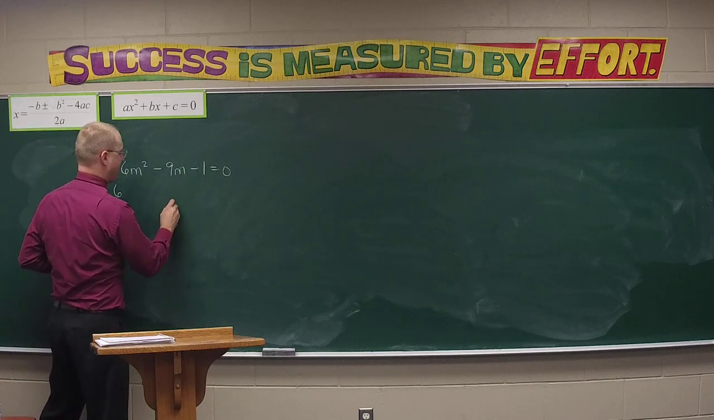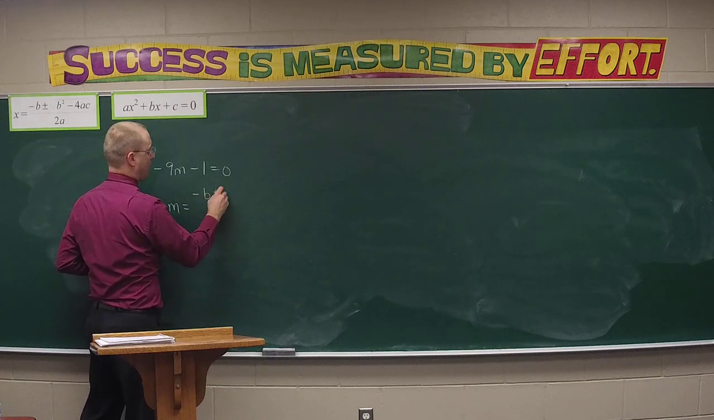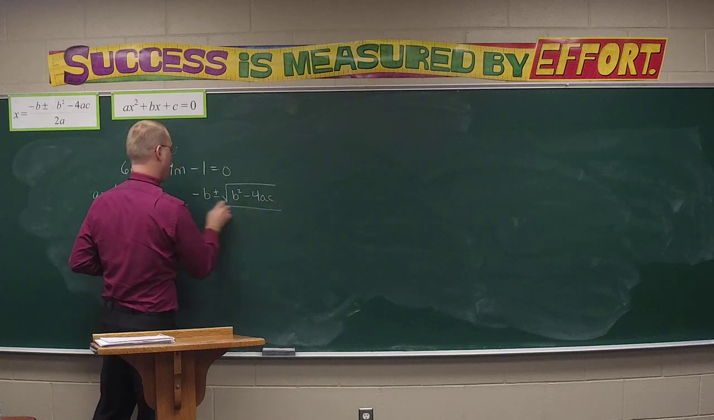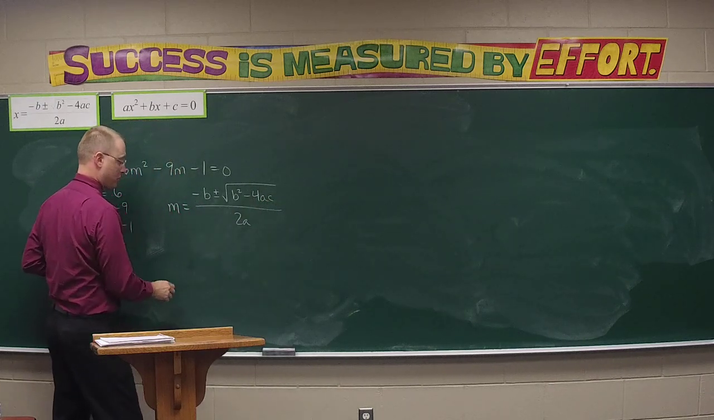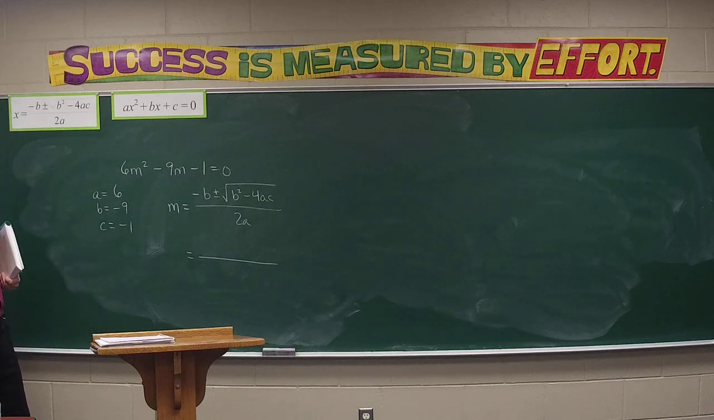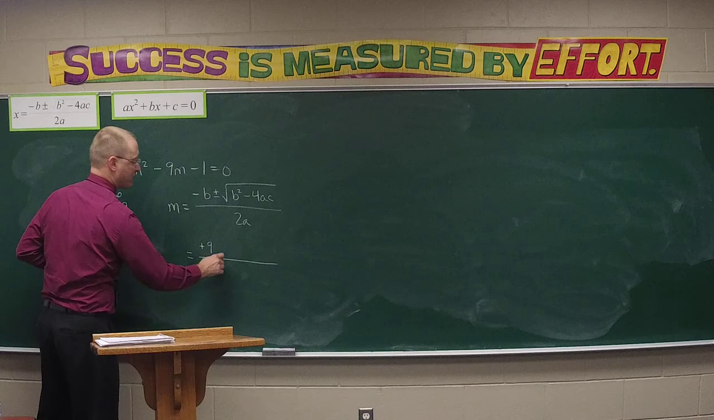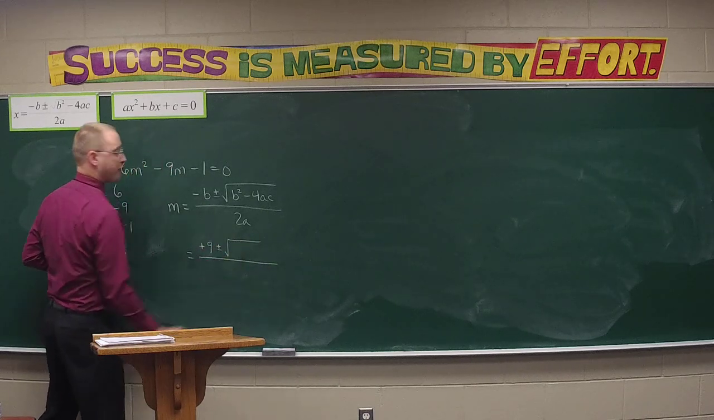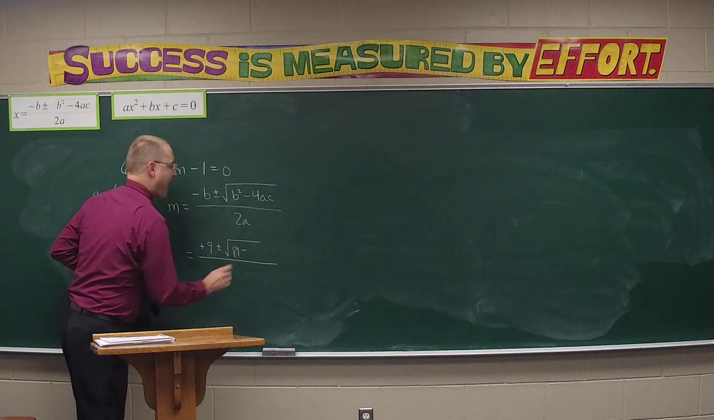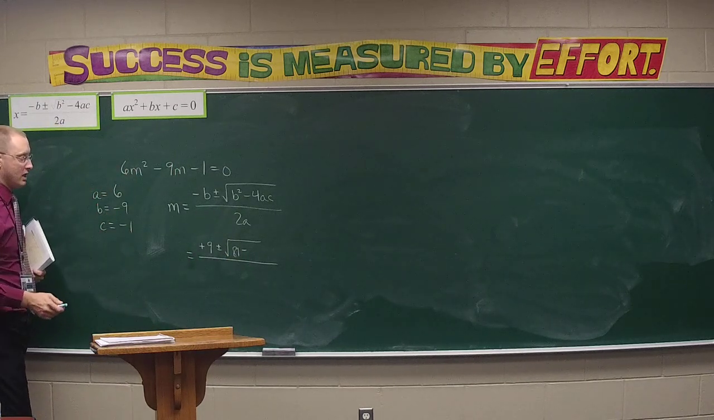So we were finding m, and m is equal to, say it with me, class, negative b plus or minus the square root of b squared minus 4ac all over 2a. YouTube students, make sure you're saying it also. And in for the negative b, Michael, we'll plug in positive 9. You don't have to write the positive. Plus or minus the square root of in for b squared, Brandon, 81. Then minus 4 times a times c, Audrey, gives us